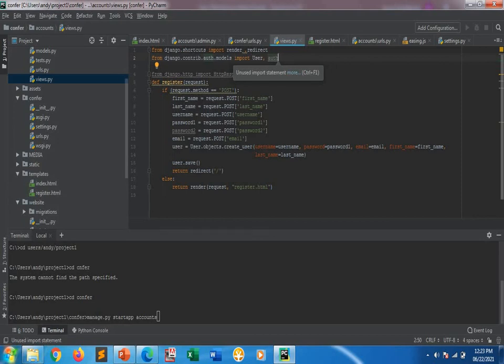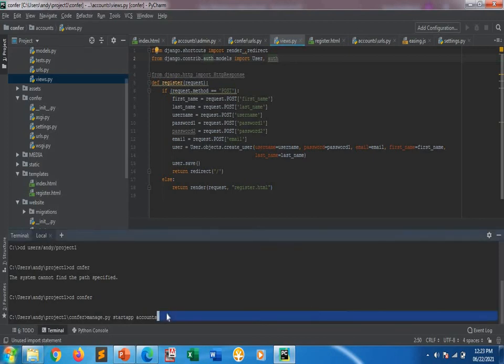we should run the project. So what is the command to run the project? I have manage.py runserver.